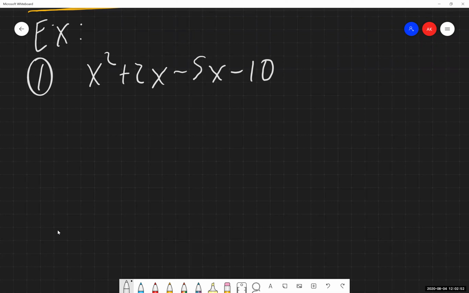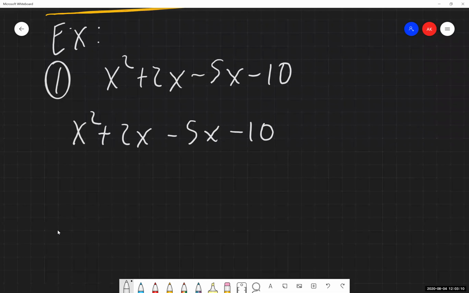So what I like to do as we're going through this for the first time is say, all right, I'm going to rewrite my problem for myself. As the first part is telling us in our first step, group terms with common factors. My recommendation is to look at these first two terms as a group, signs and all. I'm then going to look at my last two terms as a group, signs and all. I'm going to ask myself, what is the greatest common factor for this first grouping?